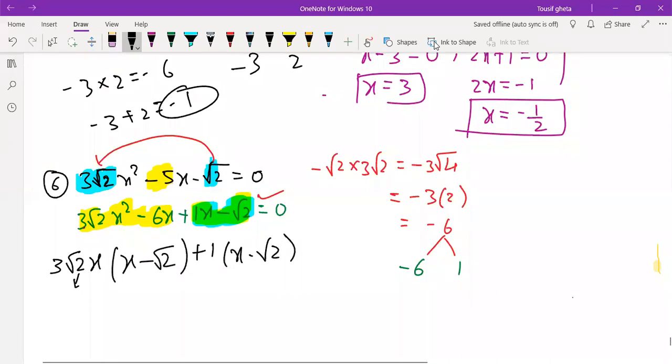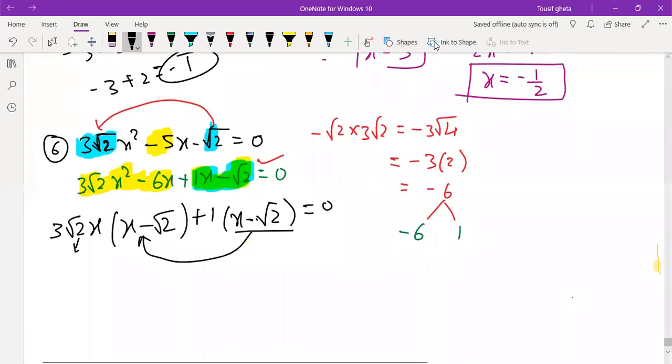If you get any doubt in this, what you wrote here, the same you should write here. Finish. What you wrote here, the same you should write. So that is the easiest thing you can do. But if you really want to understand, I will show you one more way.